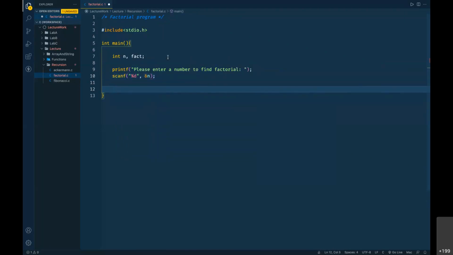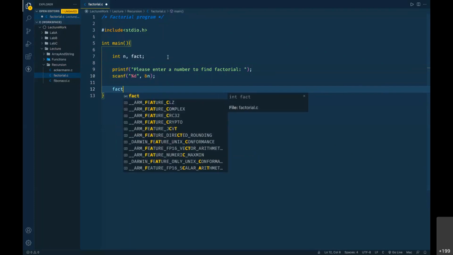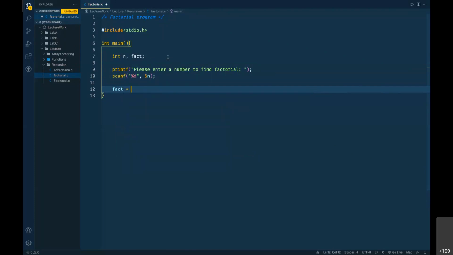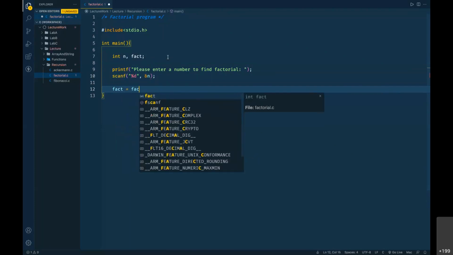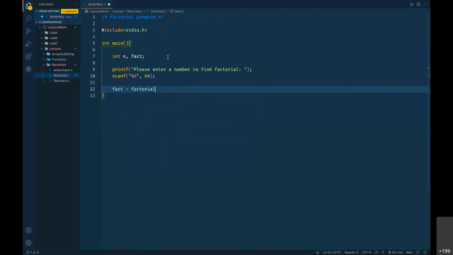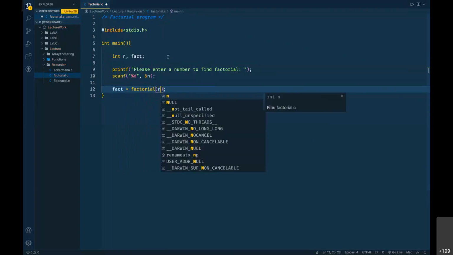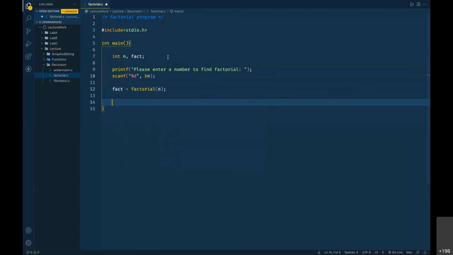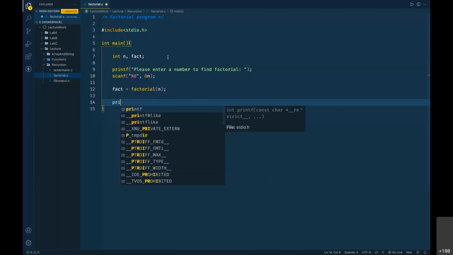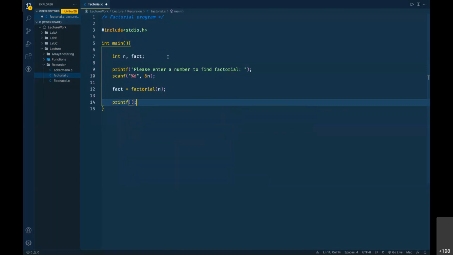And then we want to calculate the factorial using a function, factorial. And when we call that function, we are going to pass the number given by the user. So somehow, if we have that final factorial answer, then we can print it here.